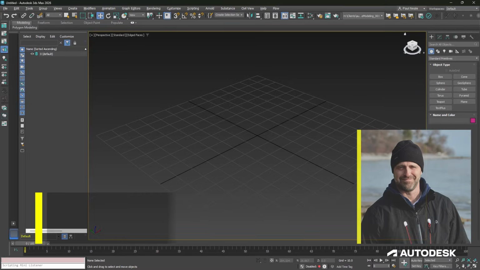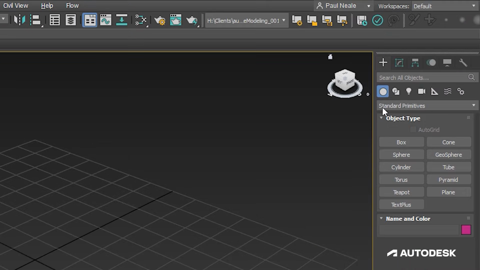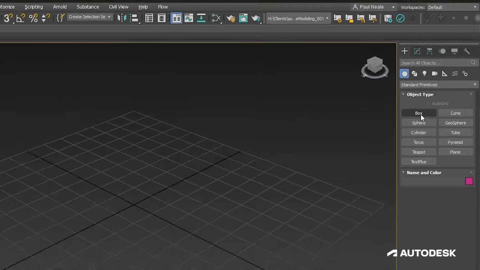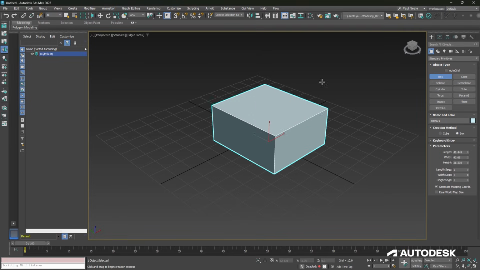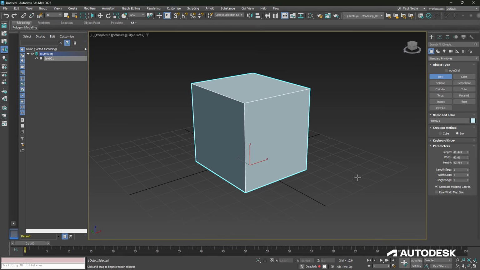Modeling in 3ds Max is simple and fast. Enter the command panel's Create panel. From there we have a choice of different types of objects to create. From the 3D ones, we're just going to create a box by dragging and dropping it out. We can show the wireframe overlay and toggle it on and off with F4, or just show the wireframe with